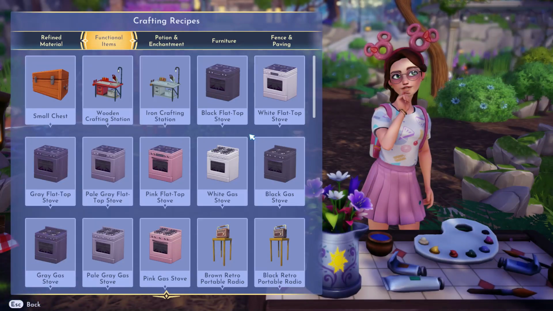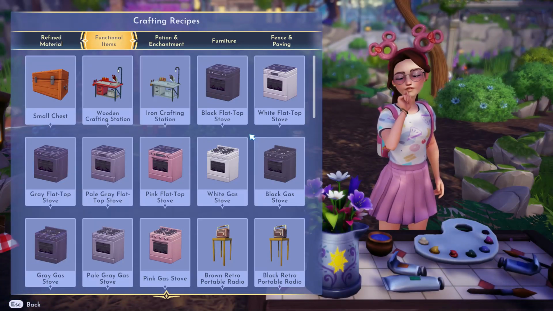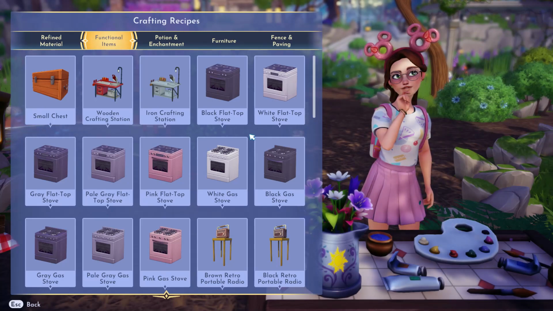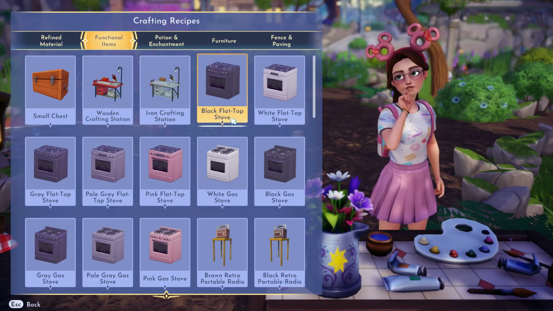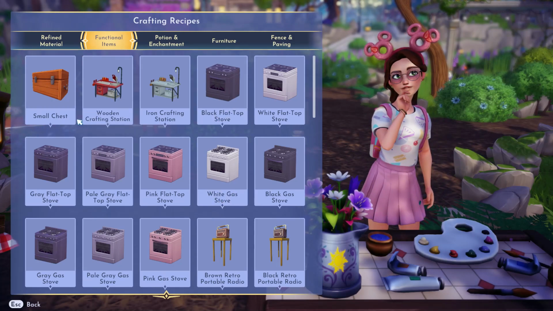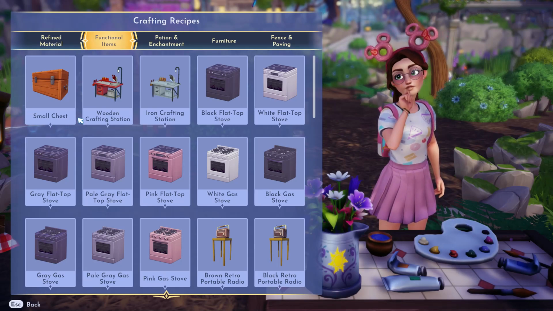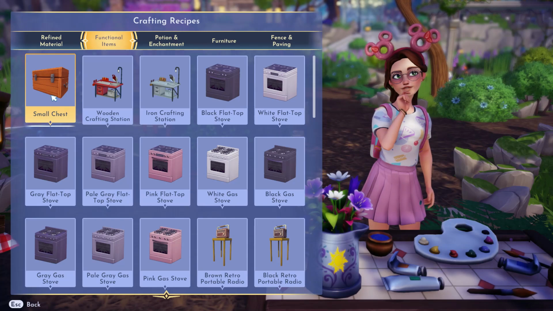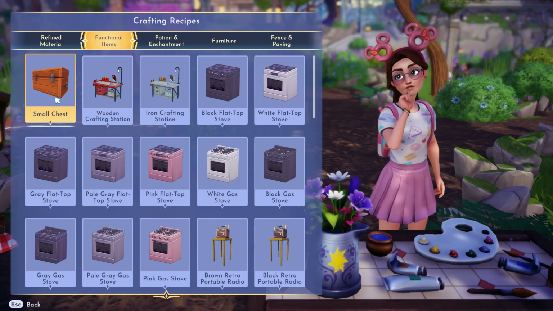The final feature that I'm going to talk about in this video, and trust me, there are so many more things I could talk about and discuss. These are the top 5 that I want right now. I want to be able to upgrade a couple different things, and I feel like they could do this pretty easily. So the first one I want to talk about is the chests, and I have so many of these